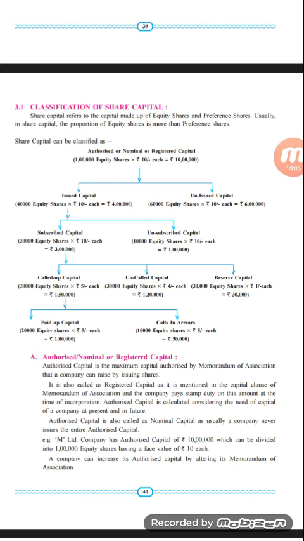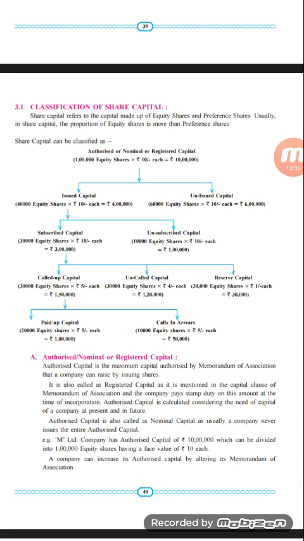Okay, so here 30,000 equity shares, when the company will collect only 5 rupees on each share, the total amount that the company will get is rupees 1,50,000. So here 30,000 equity shares into rupees 5 each, the company has got only 1,50,000. The total amount that the company will get is rupees 3 lakh, because that is the subscribed capital. 30,000 equity shares into 10 each is equal to rupees 3 lakh.